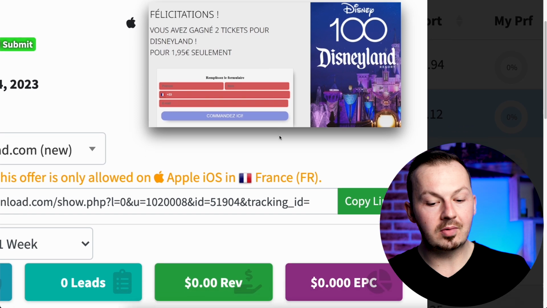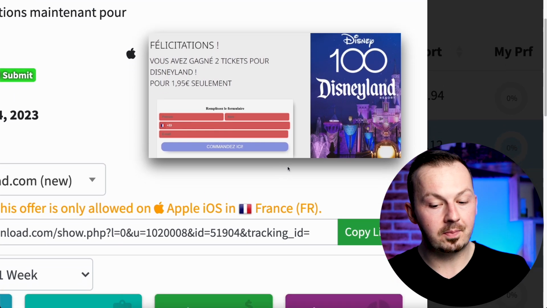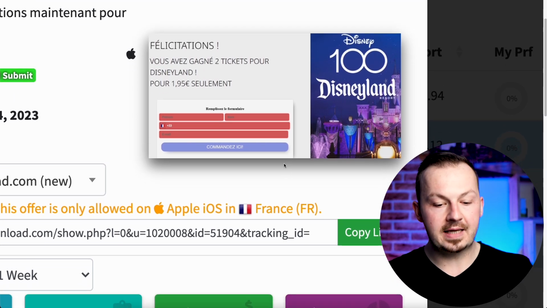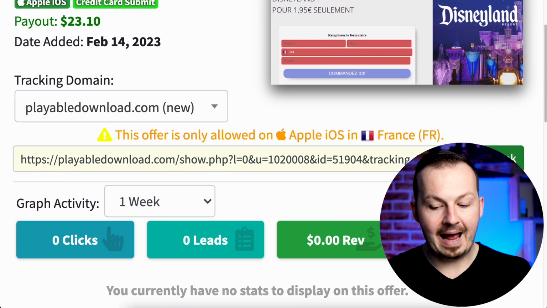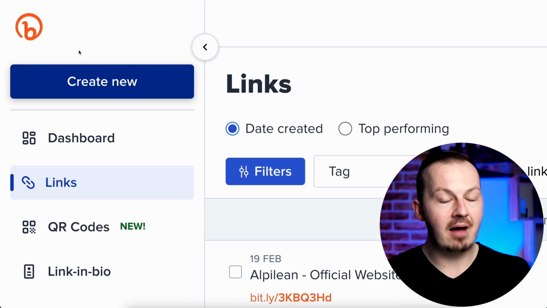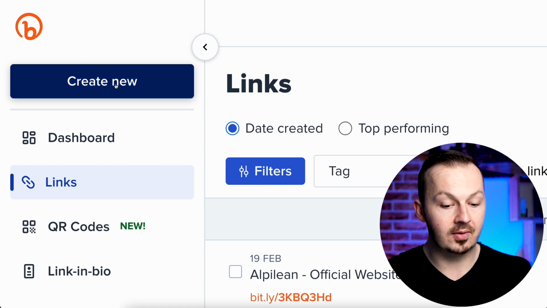Now what you want to do to promote this in France and actually get French people to complete this offer, you need to create an advertisement with the link to this offer. To do that, just simply go to this link right here, click on copy link. Then what you want to do is just go to bit.ly.com or any other link shortener out there you may want to use, but I highly recommend using bit.ly because if you're going to click on create new, paste your